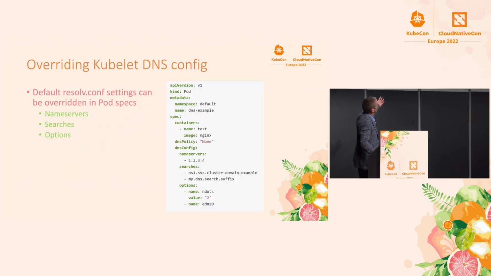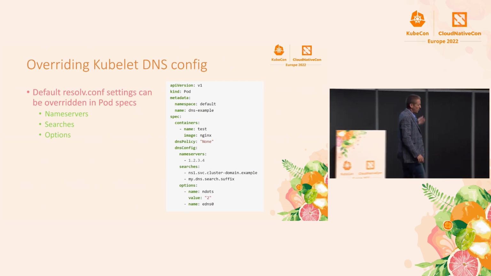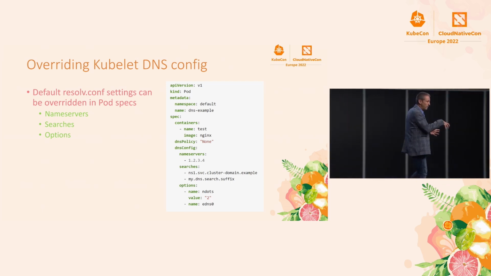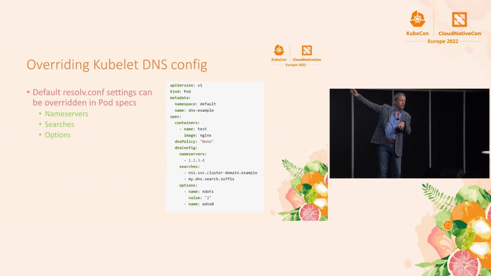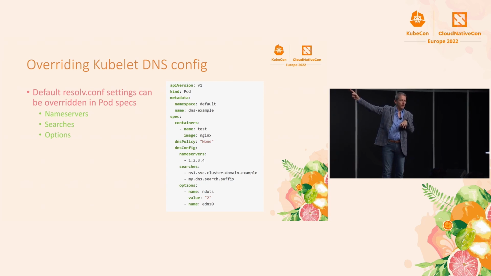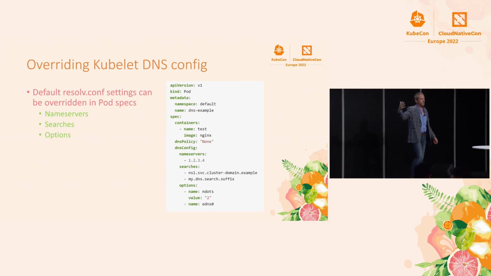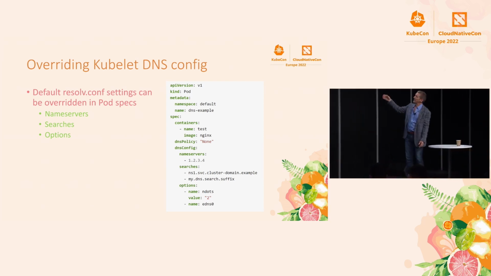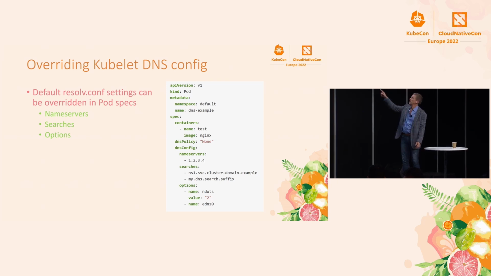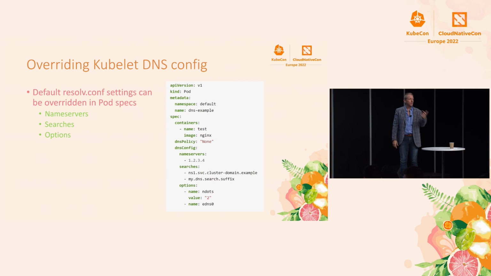And so overriding the DNS is also possible. What if you're an administrator and you have to run a pod, and that pod needs to talk to an external DNS system? You don't want it going to the internal one. You want it going to the external one. You can set up your resolv.conf as custom as you like. A resolv.conf is generally going to have a nameserver to connect to, and searches, so suffixes that you would add, right?